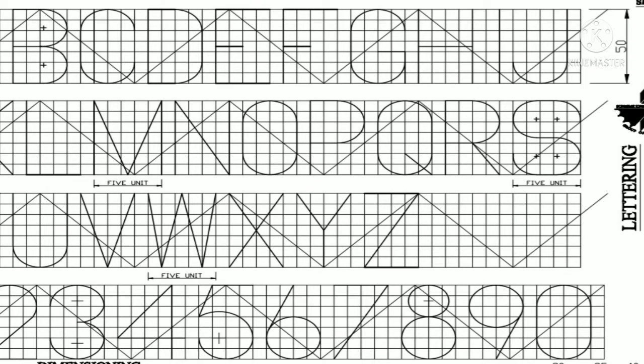All the written information on the drawing is always in the form of lettering and not in handwriting. Lettering should be done on the drawing in such a manner that it may be read when the drawing is viewed from the bottom edges. Here we will learn how to draw single stroke capital letters. So let's start.